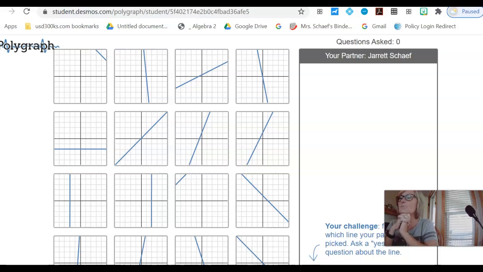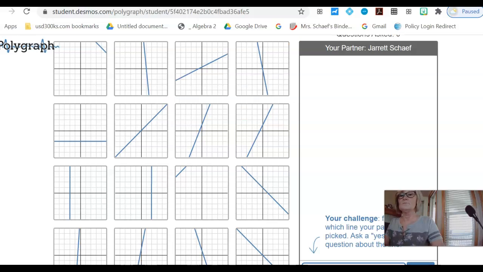Okay, so this is an example of a Desmos Polygraph activity. I have been linked with a partner. His assignment is to choose a line, and then I am going to ask questions of him. My first question is going to be, does, I could type, your line have a positive